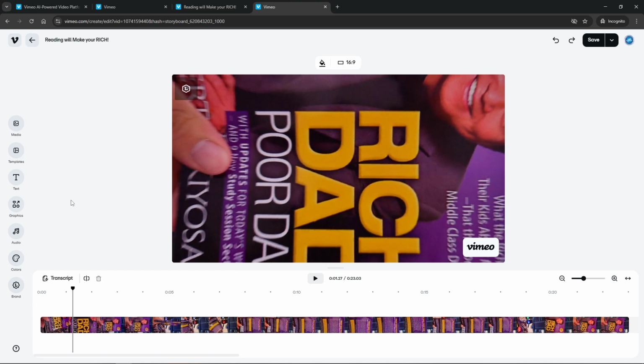You can start by trimming or cutting your footage to remove unwanted sections. This is made easy with Vimeo's split feature, which lets you divide your video into different segments. It's particularly handy when you want to rearrange parts or focus on highlighting specific sections without the hassle of complicated